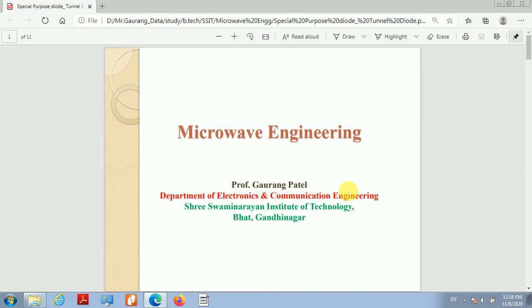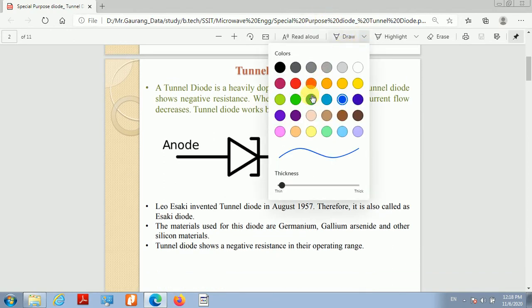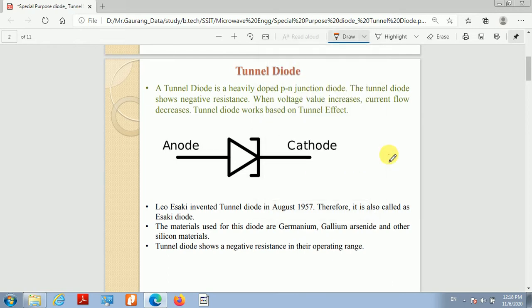reverse bias condition. Now, in today's class, we are going to discuss about another very important solid state semiconductor device, which is the tunnel diode. So first of all, what is tunnel diode? So tunnel diode is basically heavily doped p-n junction diode. Means its doping level is very high compared to our normal p-n junction diode, and it shows the negative resistance